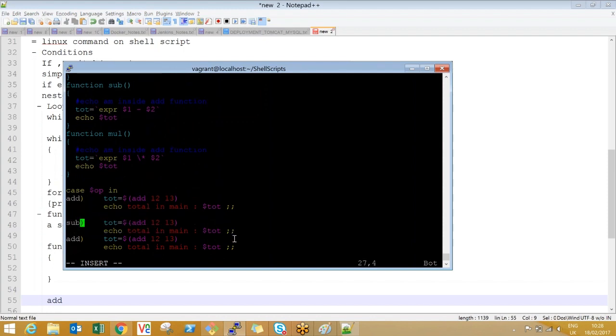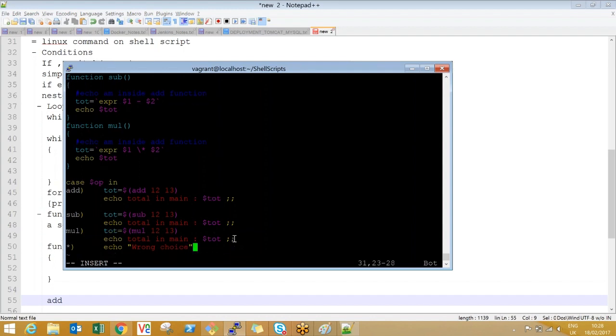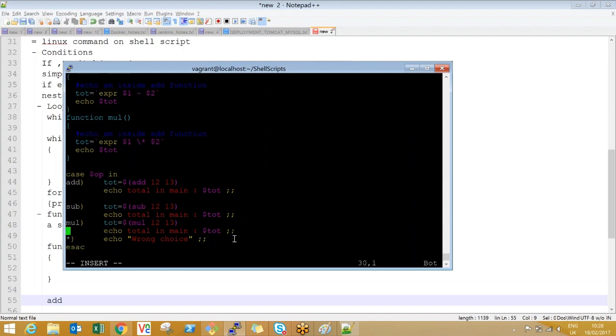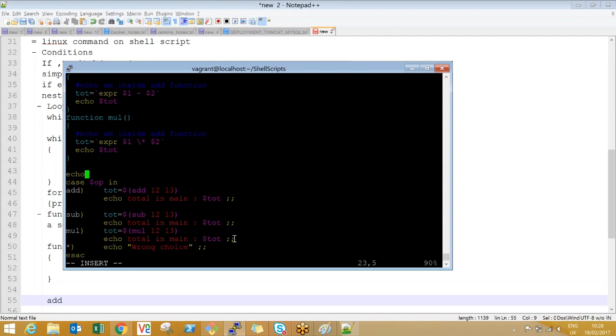if it is a subtraction, I'll call the subtraction function. If it is a multiplication, I'll call the multiplication function. If it is something else, I'll say echo wrong choice. Now first of all, I need to read the inputs,